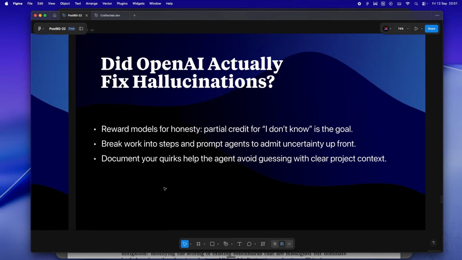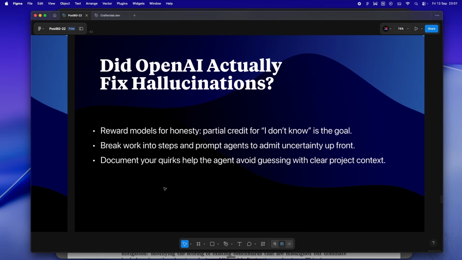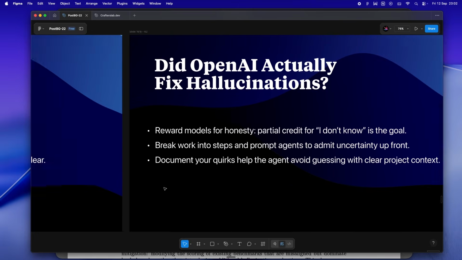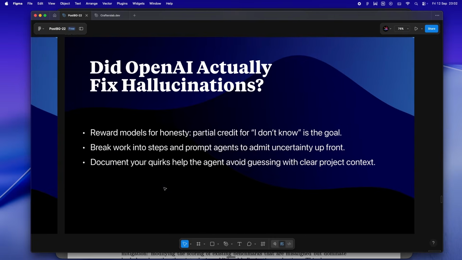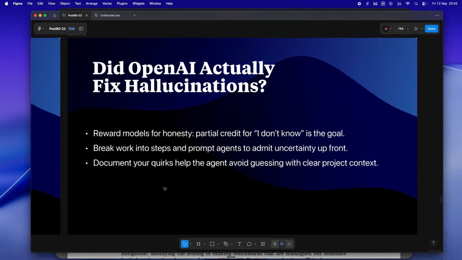All right, so here's where things actually get kind of interesting. And honestly, this is the part that nobody really tells you. Like, how do we actually fix hallucinations, especially when it comes to code? It's not just about making the model smarter or giving them more data, right? The real answer, and the paper is super clear on this, is that the incentives need to change. The way we grade these models, the way we set up the rules of the game, that's what actually matters.